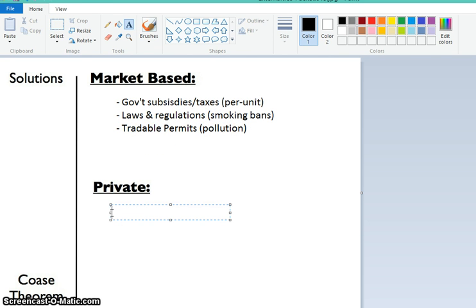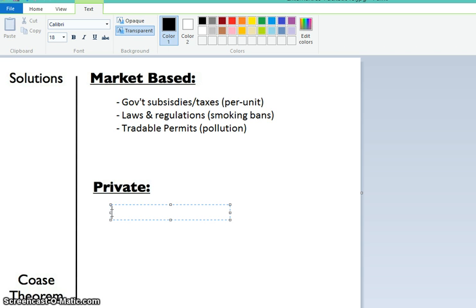Now, there's some other solutions here. Things that keep people from smoking. Like, sometimes it's just kind of a matter of morals, right? Some places you aren't going to smoke inside. Like, I would probably guess like church, right? You wouldn't smoke at church. Not because there's necessarily a specific rule that says you can't smoke at church, but like, you'd kind of feel messed up if you did, right?